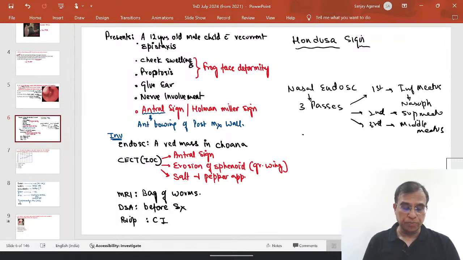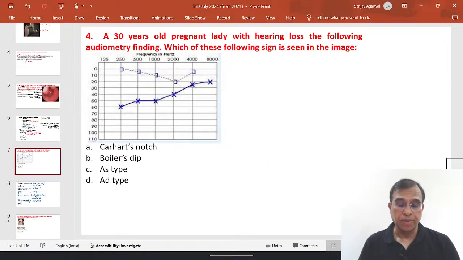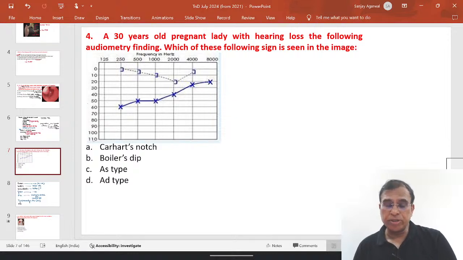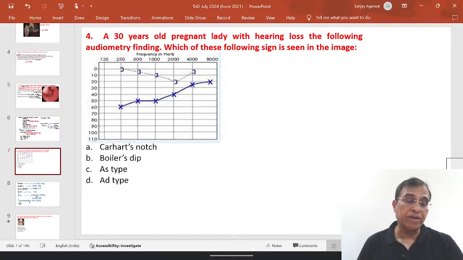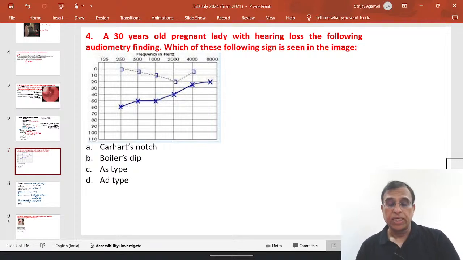Next we go to question number 4. Now this is a very simple question. It's an image based question on audiogram. Audiogram is a very important topic. I've been asking questions regularly on audiogram, so audiogram you really have to know. A 30-year-old pregnant lady with hearing loss, the following audiometry findings, which of the following signs is seen in this patient? Carhart's notch, Boiler's dip,